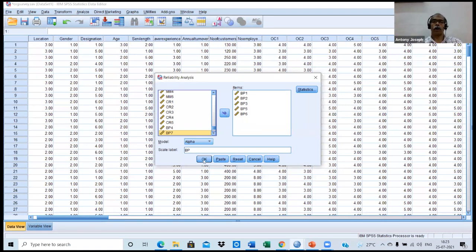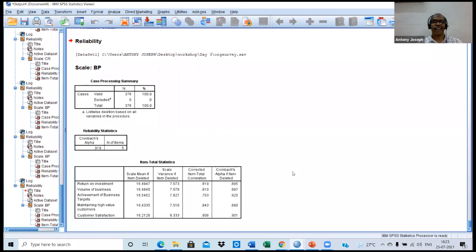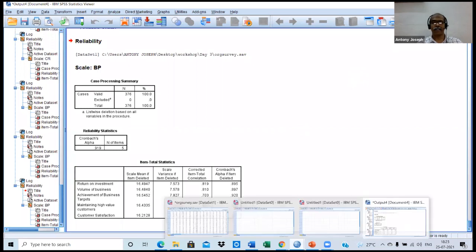So give OK. 0.919. See, again you can see one more item with Cronbach alpha greater than the common Cronbach alpha. Here it is 0.919. Individual Cronbach alpha in case of achievement of business targets became 0.920. That must be avoided. Okay, again the process must be repeated.